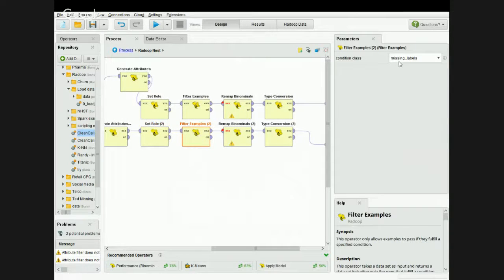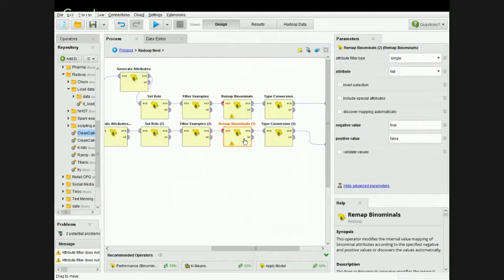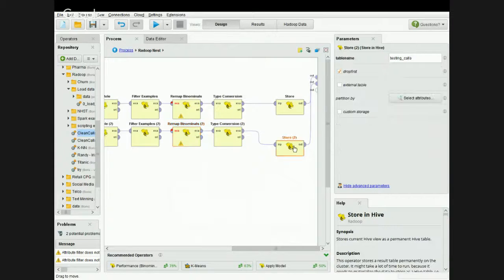I'm going to filter some examples. I'm going to remove all the missing values. I'm going to remap binomial. So the whole set of operators exists. Remap binomial means I'm going to specify what is negative, in this case true, and what is positive, false. So we have a whole set of operators for you, and I'm going to finally store it back into